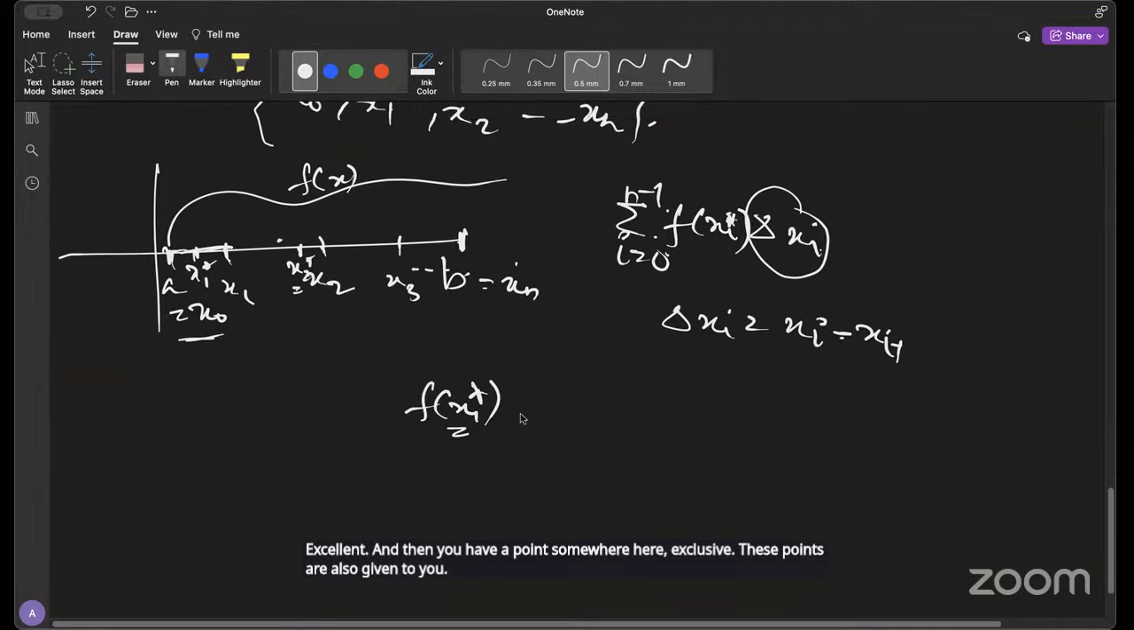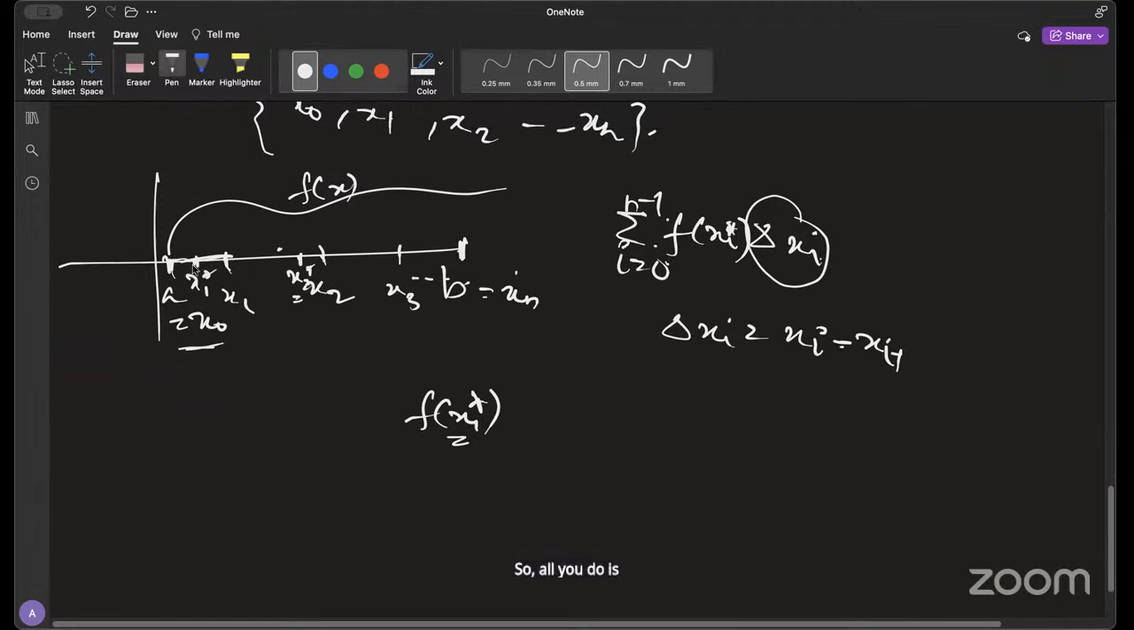So all you do is you just take the value of the function at this given point that has been given to you, the fixed point in the given interval, and then you take the length of this interval. So the length of this interval multiplied with f(x1 star), the point that you're fixing. And then you just sum them up. So if you have, let's just say you have only 3 points, x1, x2, x3, it will be f(x1 star) times x1 minus x0, and then f(x2 star)